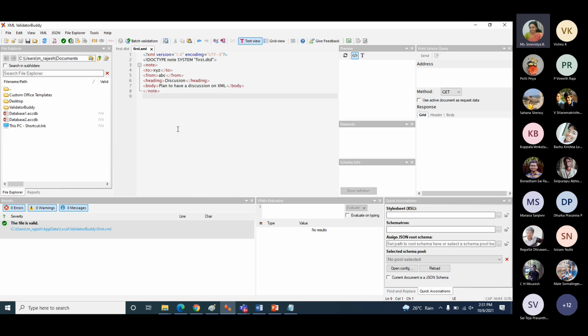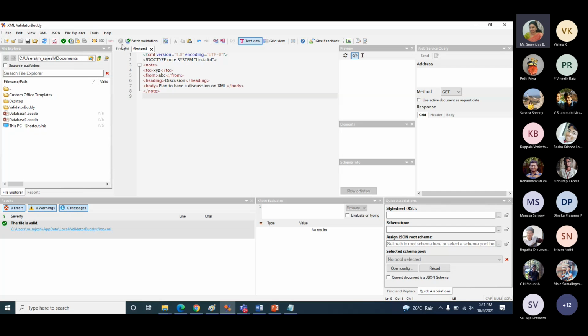In an actual industry or company, how it happens is that first they decide what kind of XML documents they are going to generate, and they write DTDs for all of them. They make that repository. Then different sections of their offices start generating XML files for their purposes, and before using them, those XML files are validated against the corresponding DTD file.